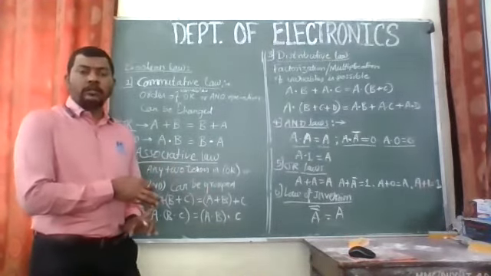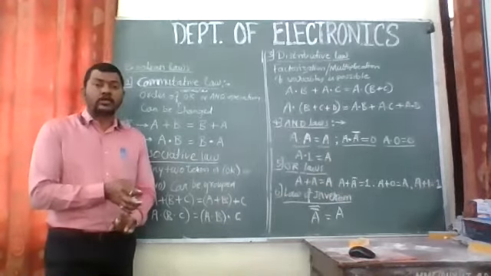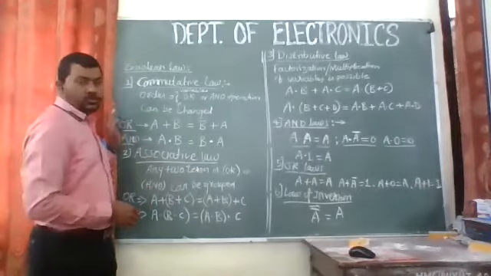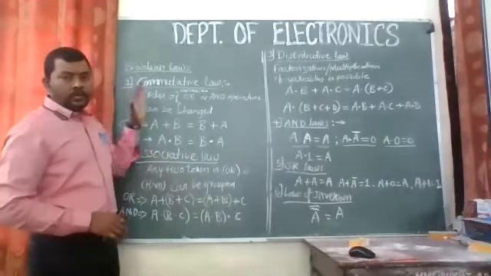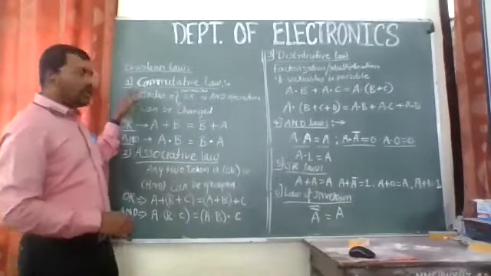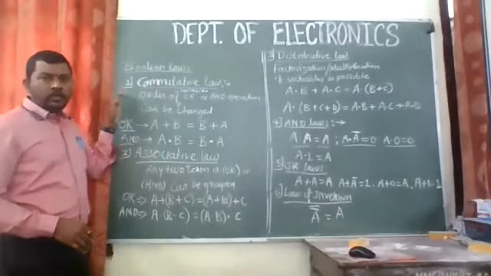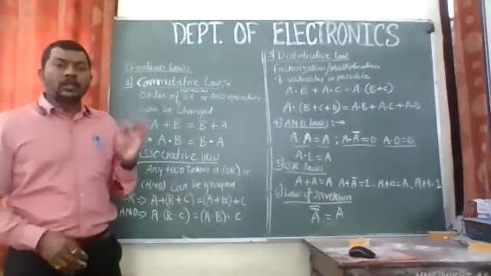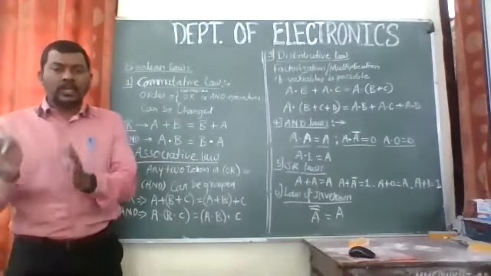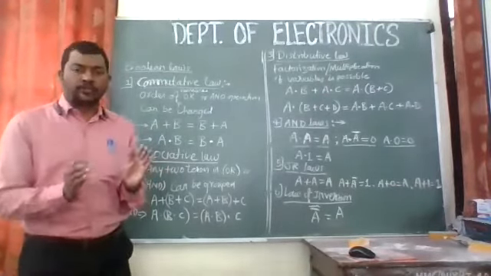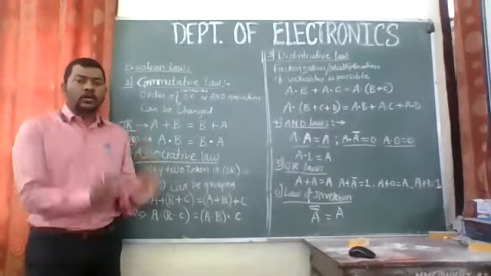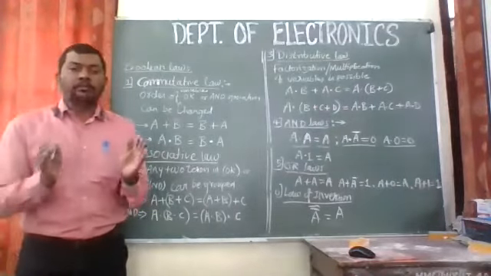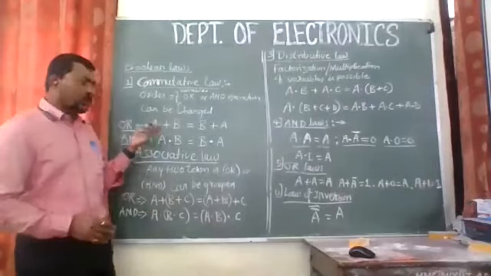We are studying digital electronics. In that, we are trying to learn the Boolean expressions or Boolean laws, right? And in that I have taught you five or six laws, in fact, six laws. The first one is the commutative law. The commutative law states that the order of the variables, the order of the terms in some operation, or say AND operation, can be changed. Right? I am repeating it for you again.